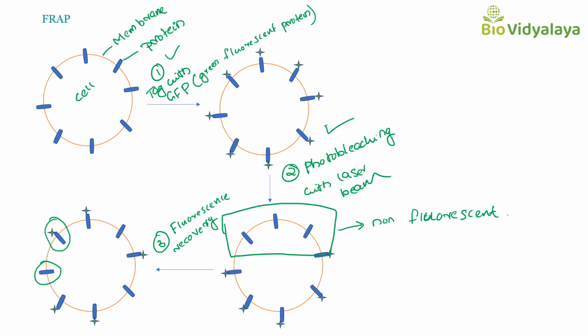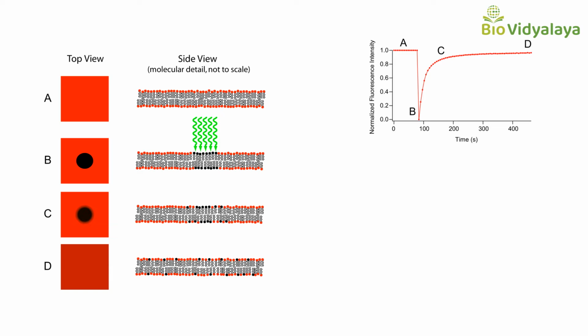Okay, that means the speed of recovery of the bleached area is directly proportional to the diffusion speed of the fluorescent molecule. This is the same thing we discussed. Here you can see two layers. This is a bilayer, and this bilayer is uniformly labeled with a red fluorescent molecule, and this is the side view, and